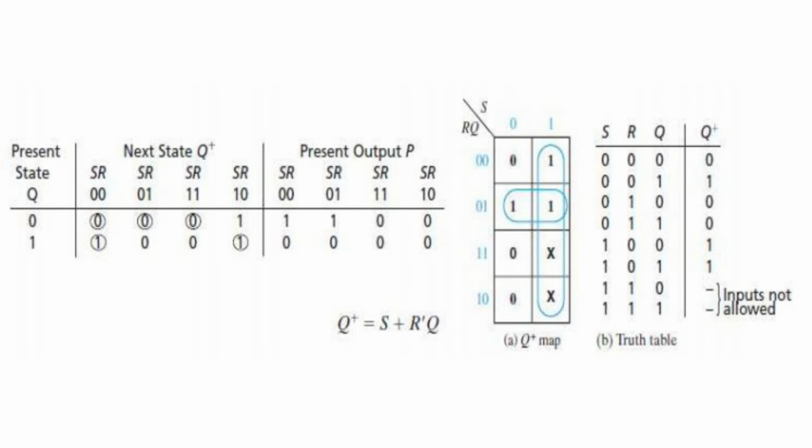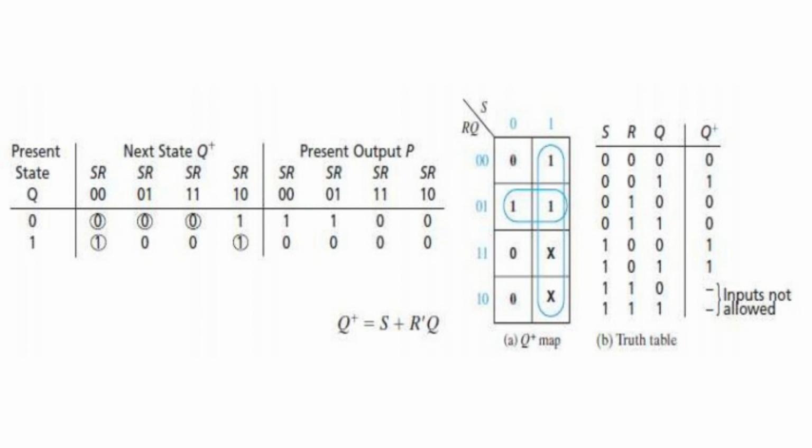Similarly, when S equal to 0 and R equal to 0, and if Q is holding the value 1, then in the same way we represent the previous state, and whatever the previous state Q is holding, the same state is going to be there for the next state. When we move on to the next state, where S and R are 0 and 1 and Q is equal to 0, the next state is going to be 0. Even with S equal to 0, R equal to 1 and Q equal to 1, as we have reset it, it will remain 0 only.